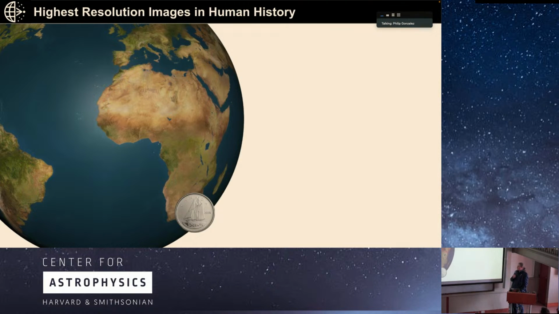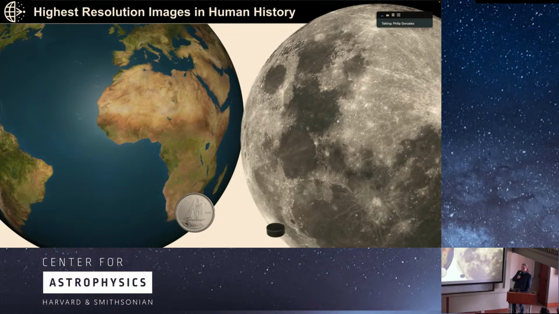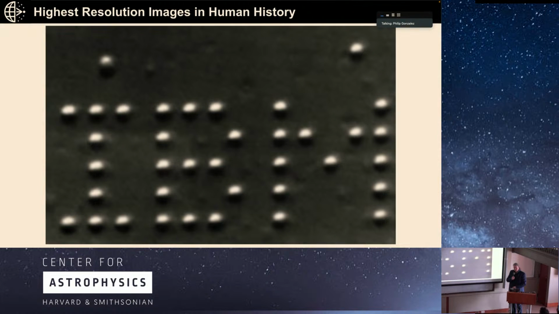So how does one express what resolution that sort of instrument buys you? I used to talk about reading the small print on dimes on the other side of the planet. In Canada, of course, I'm obligated to make a hockey reference in every presentation. You can watch the hockey game on the moon. I still remember trying to watch hockey games in standard def. That was a mystery to me. But I think maybe the best example is the size of atoms. So if you had EHT eyes and you put your thumb out, not only could you see your thumb, not only could you see your fingerprint or the little hairs on your thumb, you could see the atoms that make up your thumb. Okay, these are the highest resolution images in the history of astronomy, and now they are polarized.